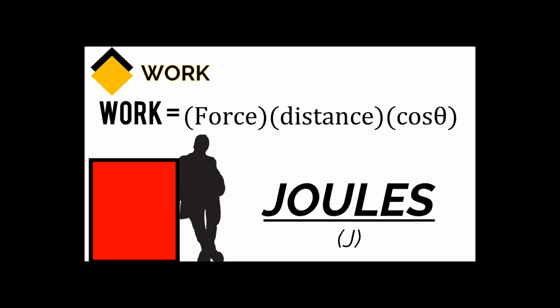So sir, what does it mean when we say cosine theta? Cosine theta, okay? The theta is the angle of elevation or inclination of the surface where you are doing work on an object, or the angle of inclination of the medium a person or an object is using on the other object. So what does it mean when we say medium used to do work?